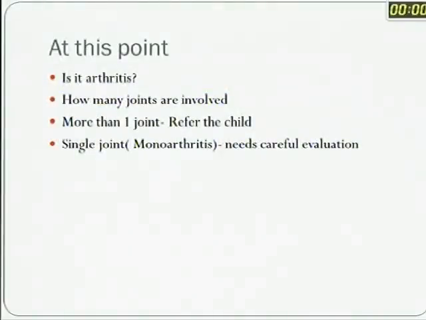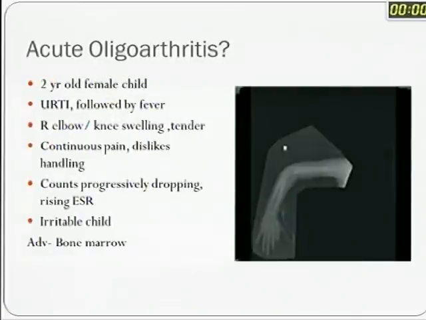Now, simple guideline, really. If you have more than one joint, I would say refer the child. It's going to be a medical problem, needs medical treatment. If you have a single joint, rule out orthopedic causes, osteochondrosis, whatever, the entire list we saw, everything, and then rule out, and then refer the child, TB, whatever else you might think.